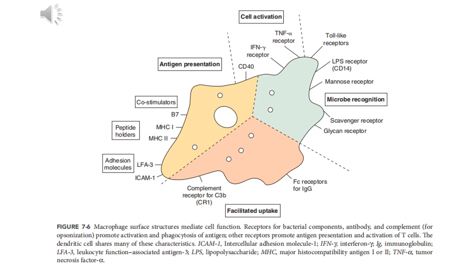Macrophages express cell surface receptors for the Fc portion of immunoglobulin IgG, FcRI, FcRII, FcRIII, and for the C3b product of the complement cascade, CR1, CR3. These receptors facilitate the phagocytosis of antigen, bacteria, or viruses coated with these proteins. Toll-like and other pattern recognition receptors recognize pathogen-associated molecular patterns and activate protective responses. Macrophages also express the class II MHC antigen, which allows these cells to present antigen to CD4 helper T cells to expand the immune response.